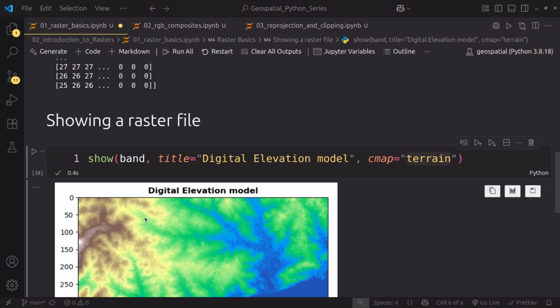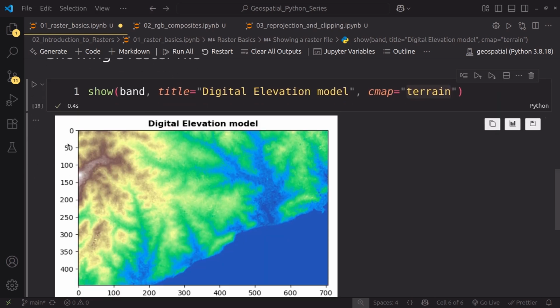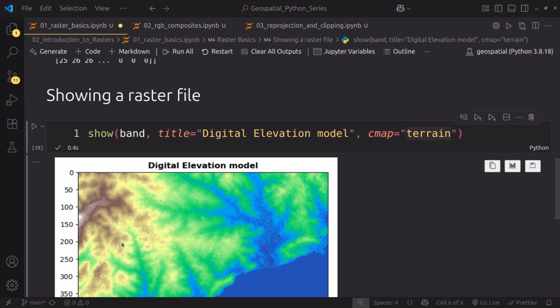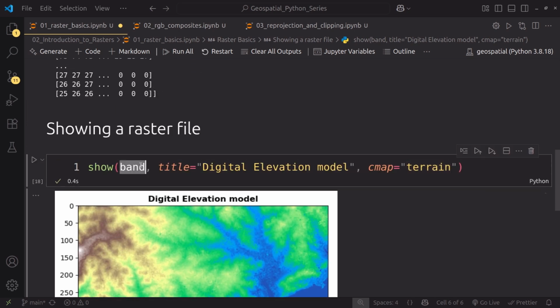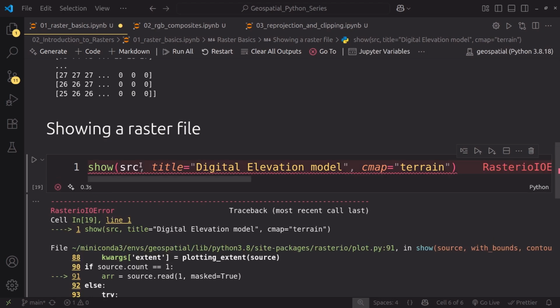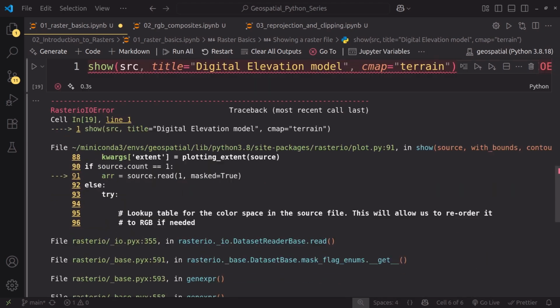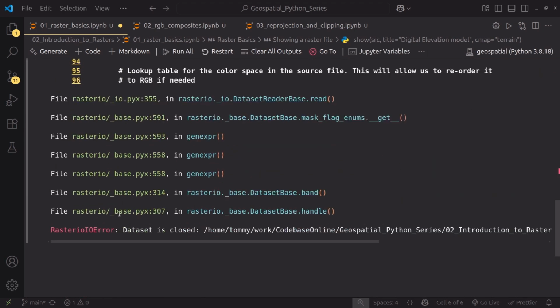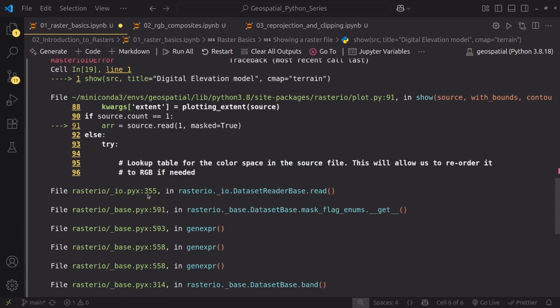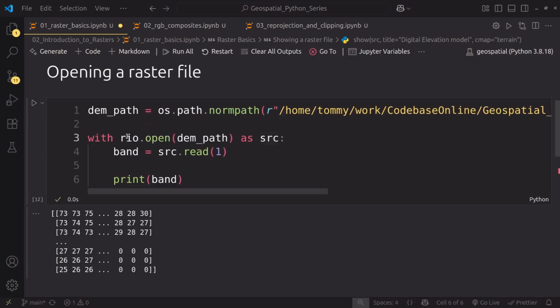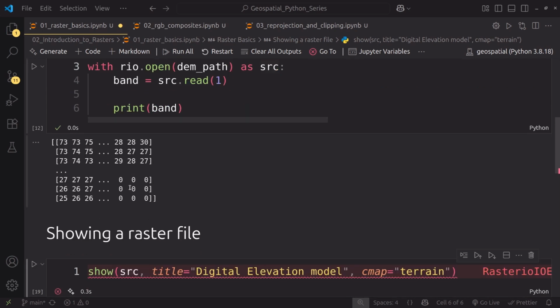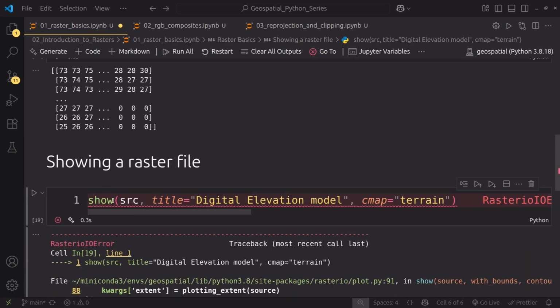If we want the values on the axis to match the appropriate geographic coordinates, we don't have to show the band, we have to show the SRC. But usually in this case, it will tell us that the data set is closed, because after the with block, the data set is closed. So everything outside this with block, we cannot really access the SRC like that because of how the with works. So I'll copy,